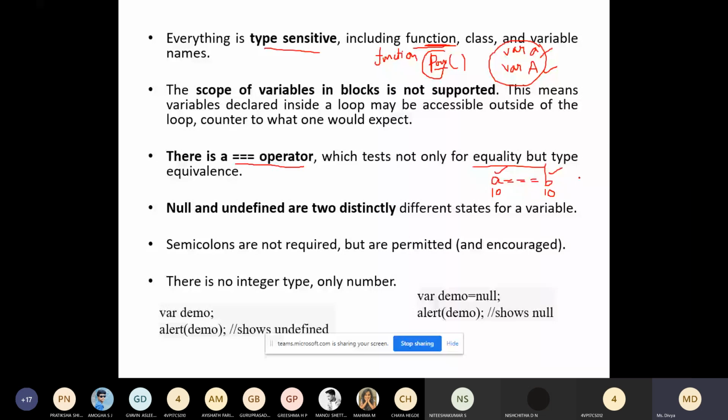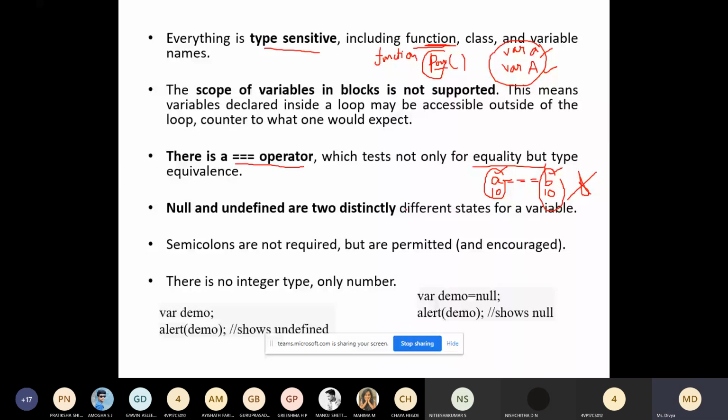It checks not only the value but also the type. If this is declared as int, then this should also be declared as int. So the data and the data type should both match.